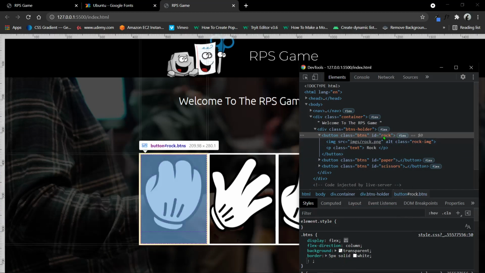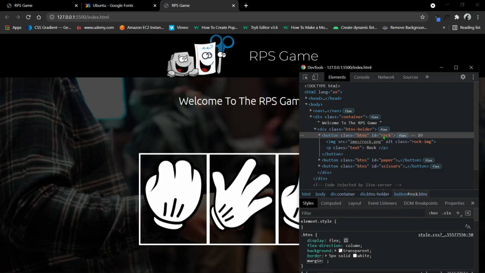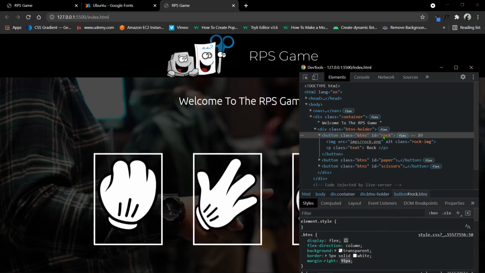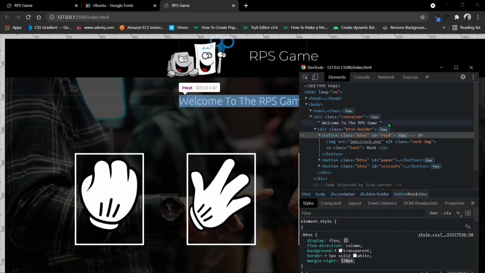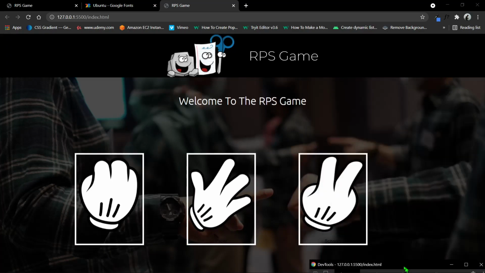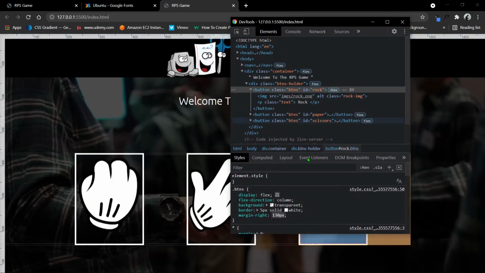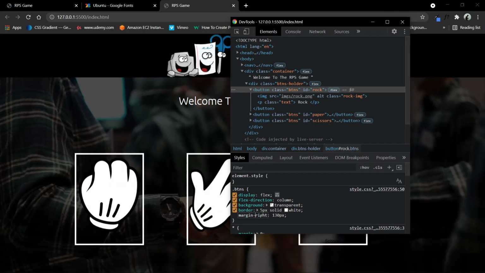Okay, so let's give this margin, right, 20 pixel. Now it is not in the center, guys, so let's set only margin.